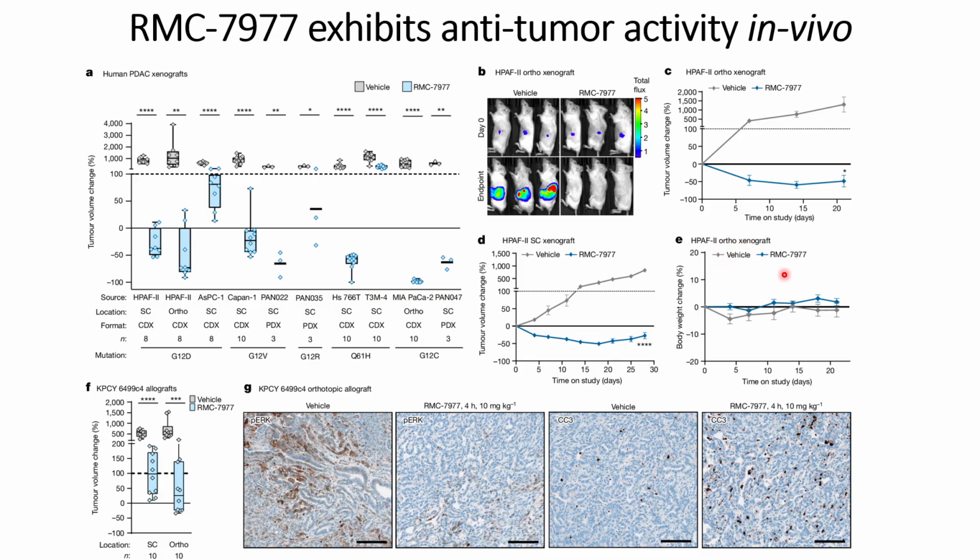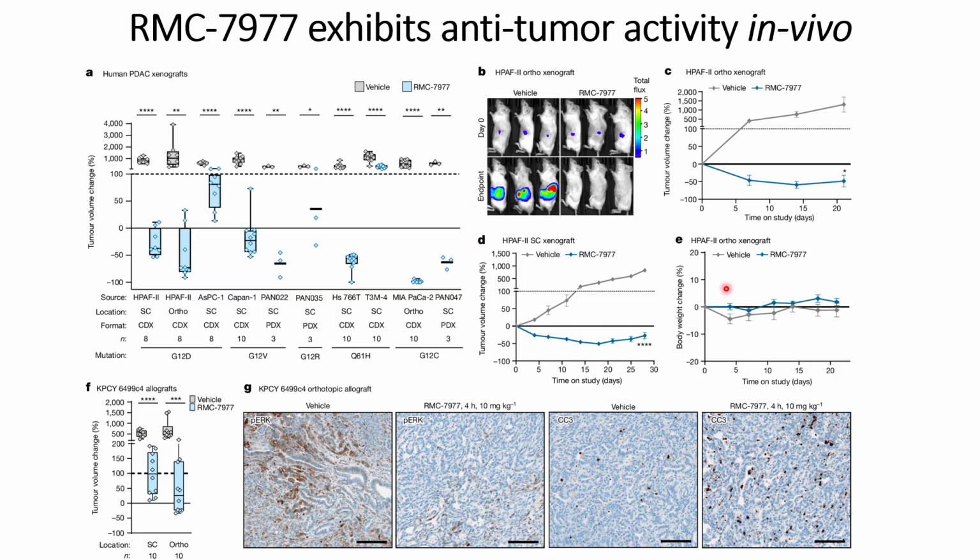So this indicates that RMC-7977 has no impact on the body weight, whereas it has impact on the tumor volume and has the anti-tumor activity. So these experiments, that is panel A to panel E, are done on the immunocompromised mice models,